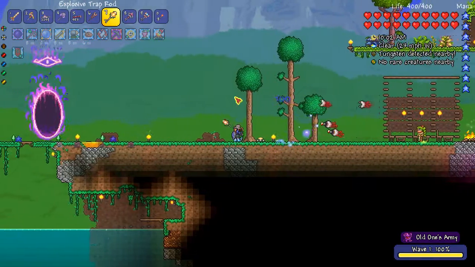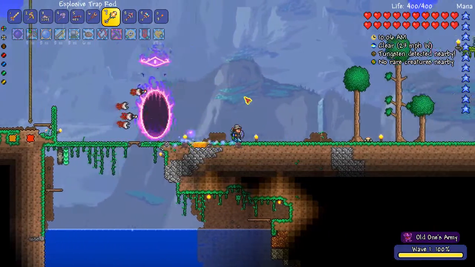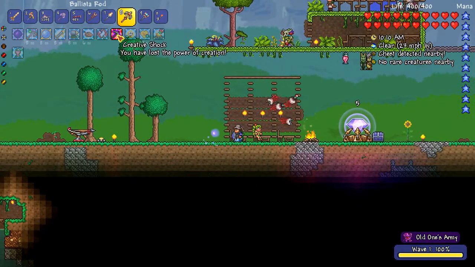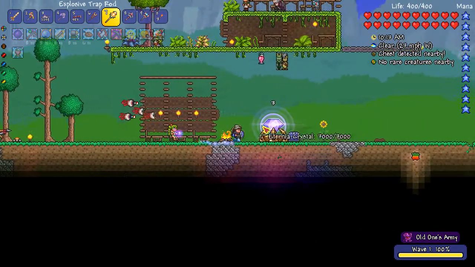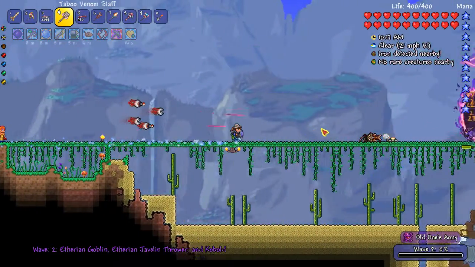I was thinking that I just click with it, but I don't see a portal appearing. Okay, there's one. Oh, I was using the wrong one. I didn't realize it's the explosive trap on the ground. Got it. Yep. Okay. Well, we'll see if we can earn some defender medals and see what kind of new